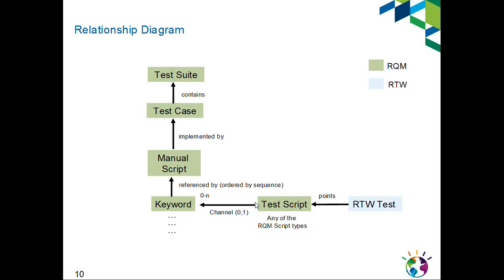The way this whole thing fits together is, let's start working from the right bottom. The light blue colored box is your actual test asset. Let's say if you're doing automation, you will have an RTW test. If you're not doing automation, the light blue portion will not be there, because you will not have any asset that you want to execute. There is no Java class that you want to execute. That points to a test script, and then the test script is associated to a keyword, right? And then